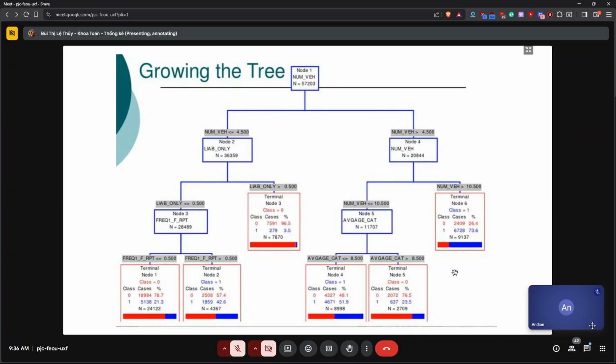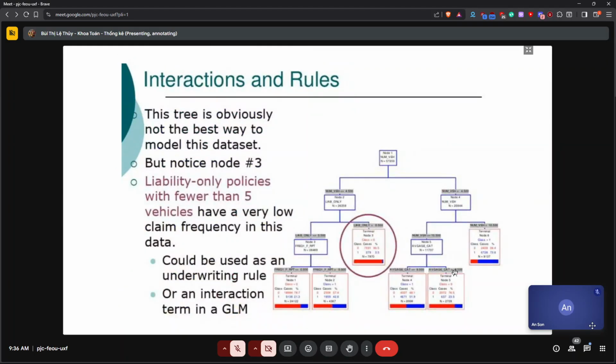If you go to the next slide, you can also see in the tree, it may not be the best way to model this data set, but node 3 here has identified a specific node for policies with fewer than 5 vehicles, and fewer than 5 vehicles have a very low claim frequency in this data set. So this could be useful as an underwriting rule or as an interaction term in a GLM.